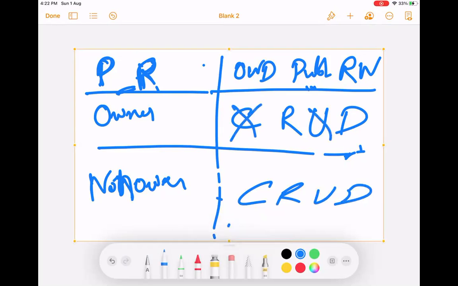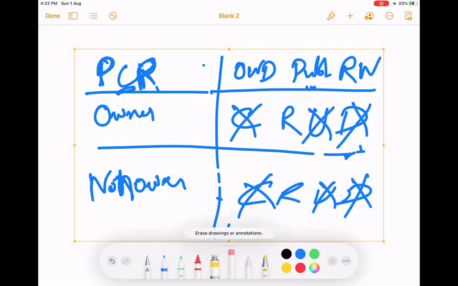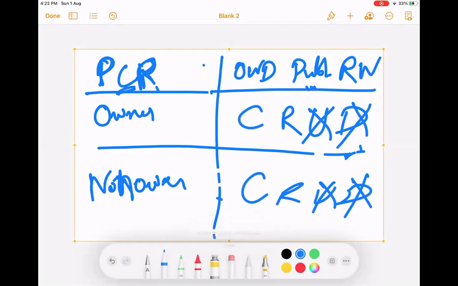Create cannot do, update cannot do, delete cannot do. Let's give a create permission now. Both can create, because this is a read write combination.